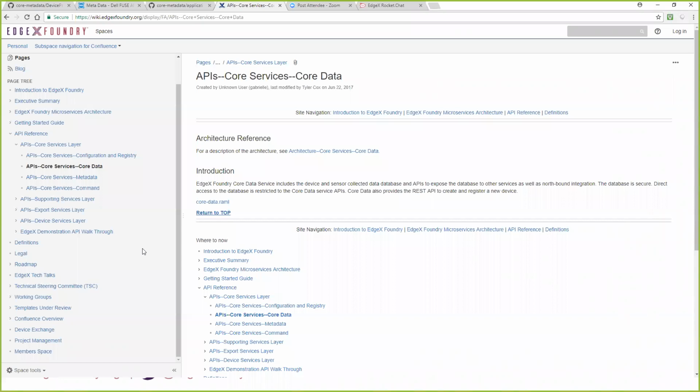But if that doesn't, and you're still having issues, feel free to reach out to me either through Rocket Chat or email directly, and we'll help you get up and running. So again, the API reference is where you find all of the APIs for each of the services. And Rocket Chat is usually where you can start to post questions if you're having issues either understanding or getting something from one of those APIs. So thanks, Winnie. Hopefully that helps you out.